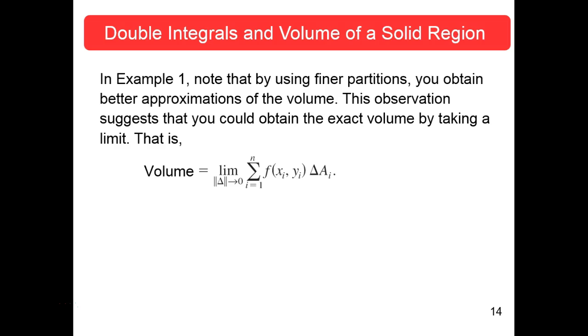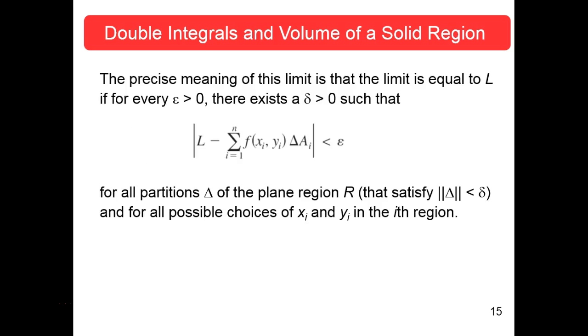That observation says, what would happen if we took a limit? Remember, the delta was the longest diameter of that space, and you let that approach 0. How you get the delta A may involve some figuring, because your delta X is getting smaller and smaller, and your delta Y's are getting smaller and smaller, so your delta A is also. The precise meaning for this limit is defined just as we've always done all of our limits,